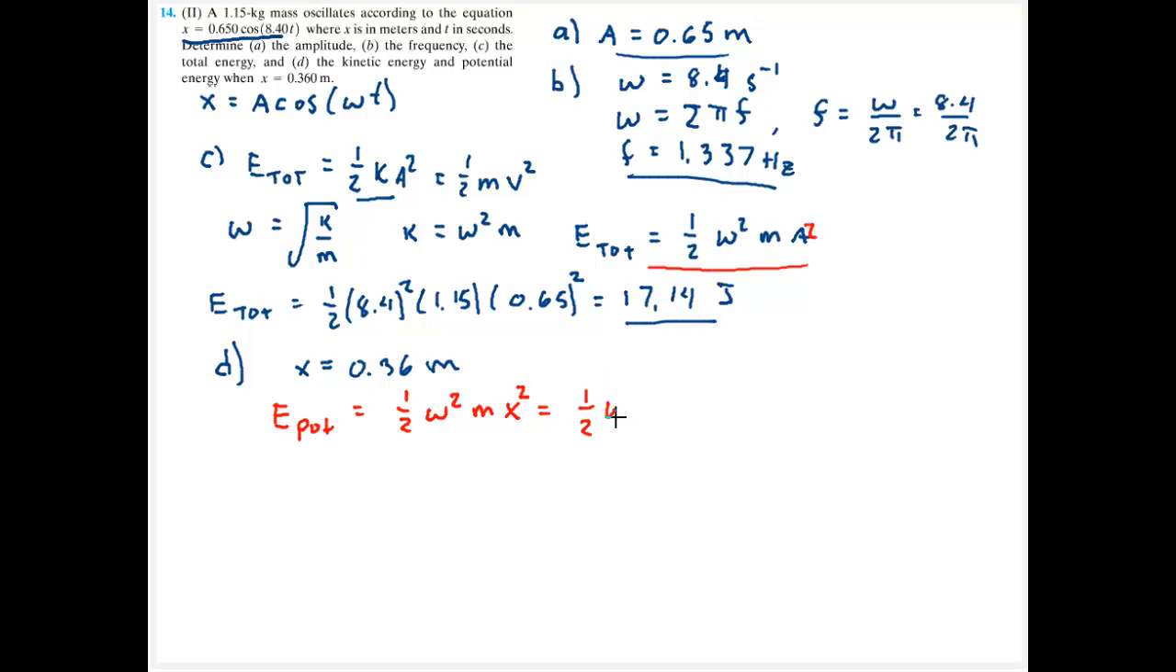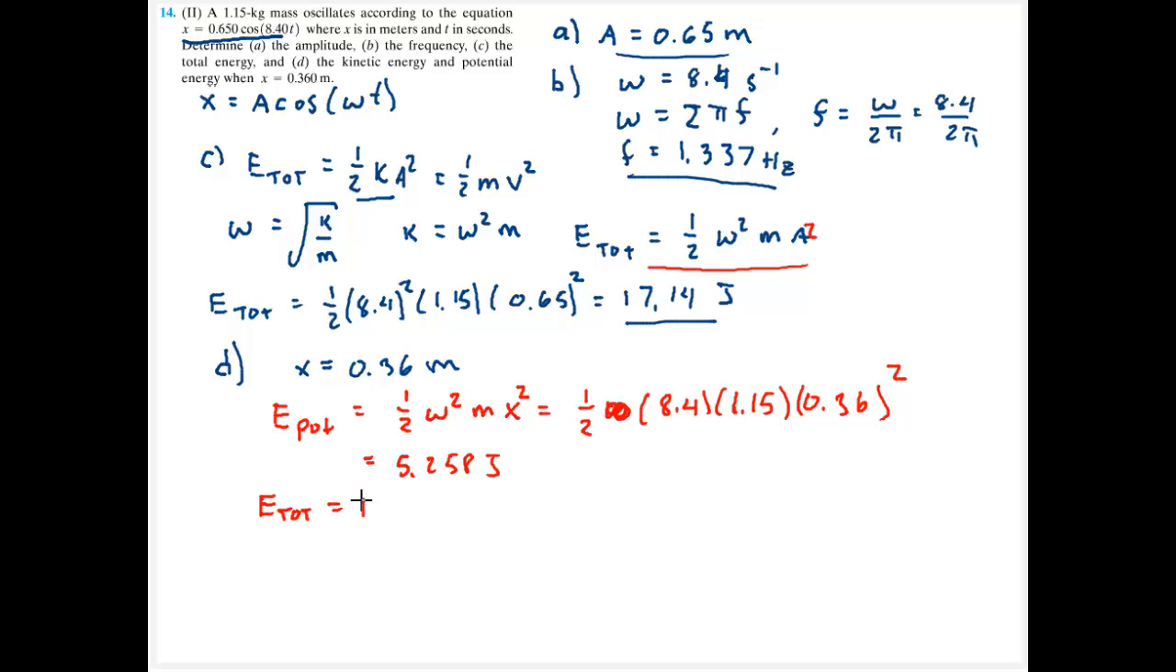So 1/2 times 8.4, 1.15, and then 0.36. Now I've got my squared, and I calculate out my potential energy to be 5.258 joules. Now, I know that the sum of the potential plus the kinetic is going to be equal to